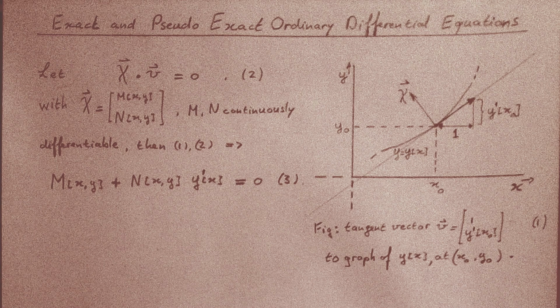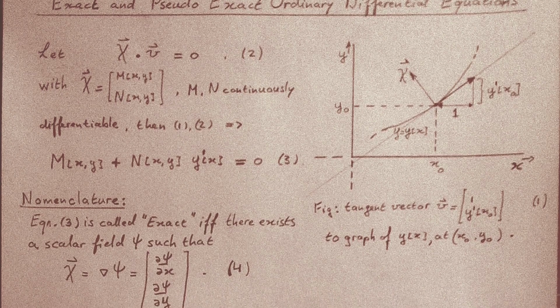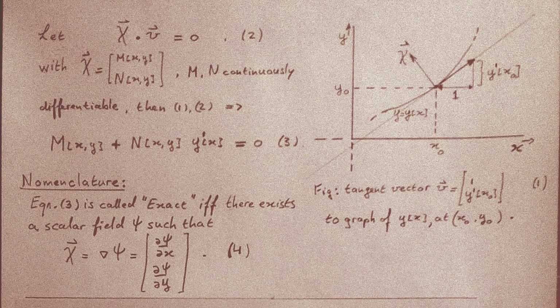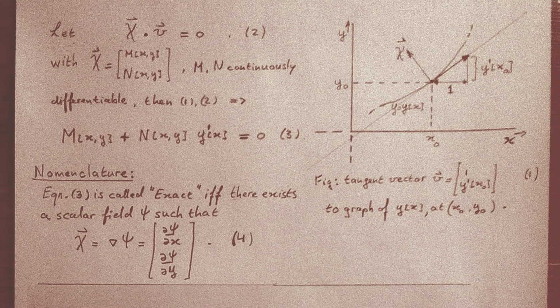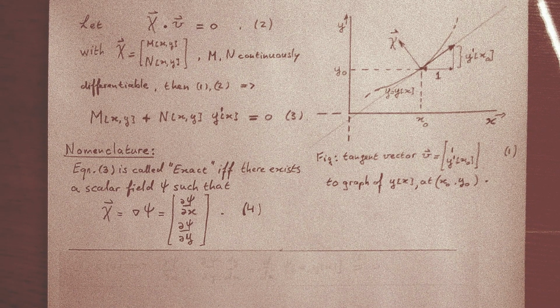A differential equation such as equation 3 is called exact if the vector field chi is conservative. That is, if there exists a scalar field, say psi, such that the vector field chi is the gradient of psi. Combining equations 3 and 4 gives